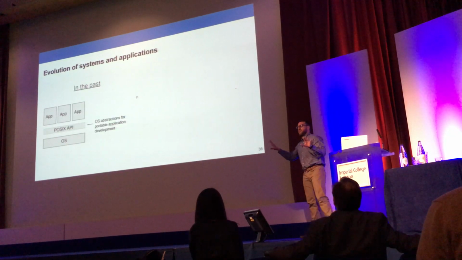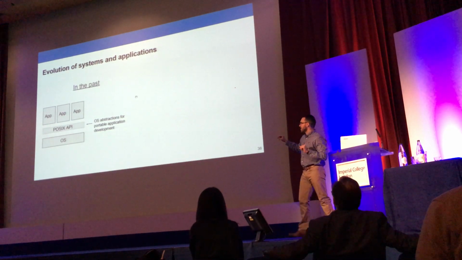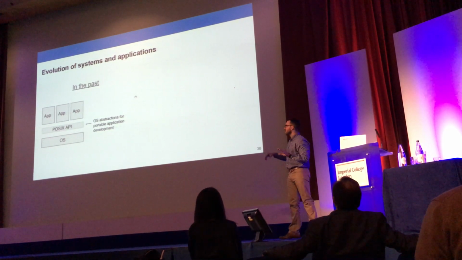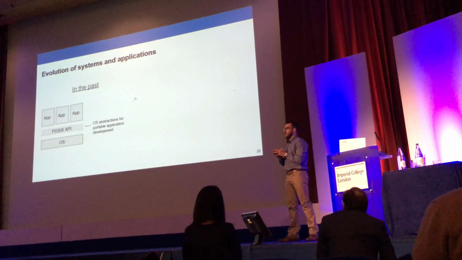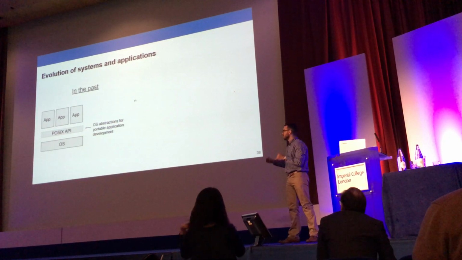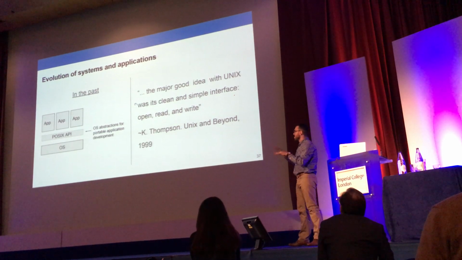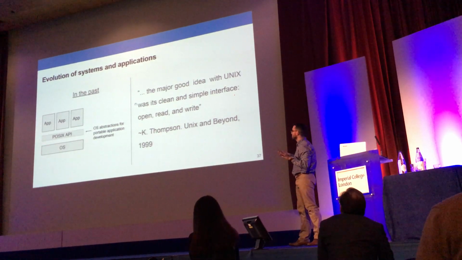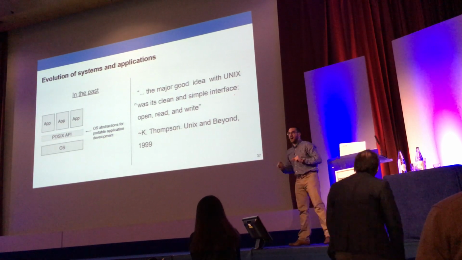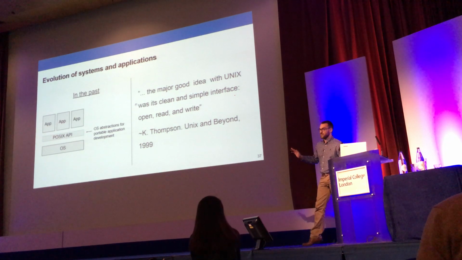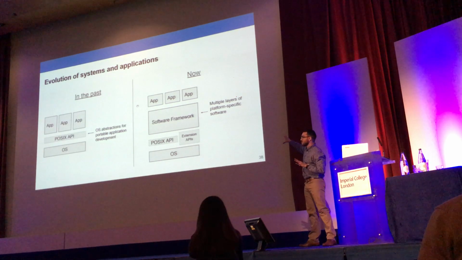Therefore, I hope I have convinced you that there is some evolution from the good old days when POSIX used to be a very well-defined interface with which applications were interacting to request core OS services, and that was good. We were all happy. Even Ken Thompson has said that the major good idea with Unix was its clean and simple interface: open, read, and write. Unfortunately, given the transitions I have described, in our days the situation looks a little bit like this, where we have